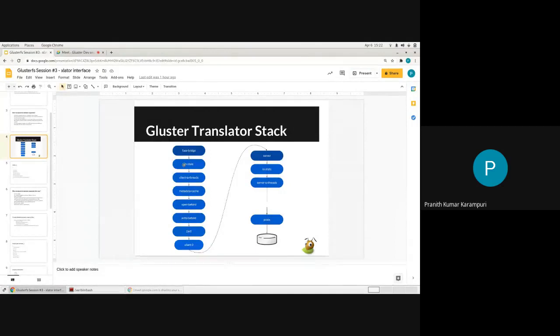Okay, so it will do whatever it needs to do on that event, if there is something it has to do, and then it will tell its children that your parent is up. So that event will percolate down till the client.